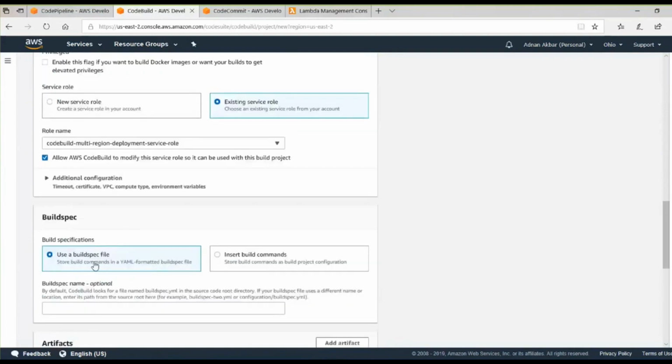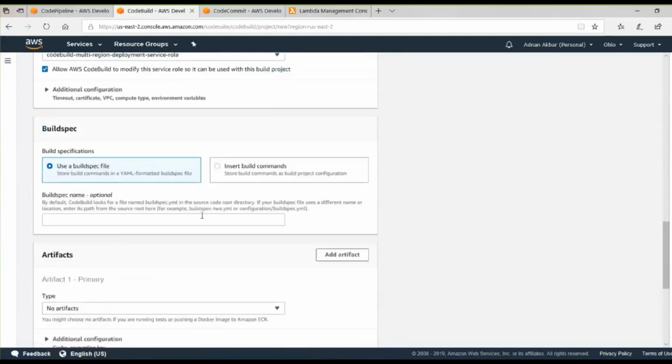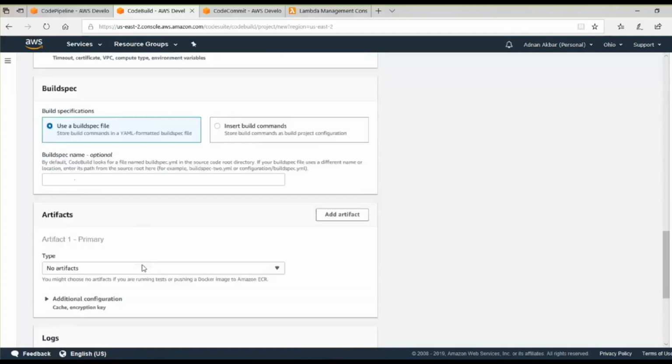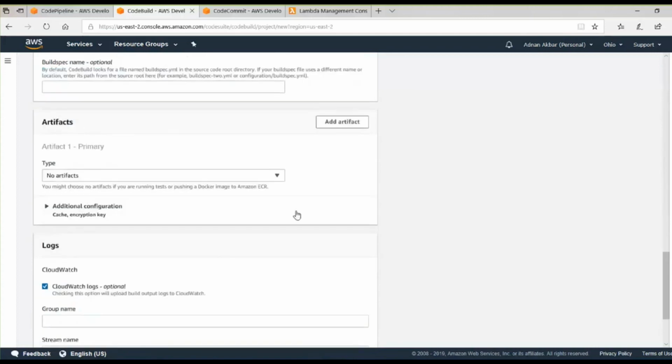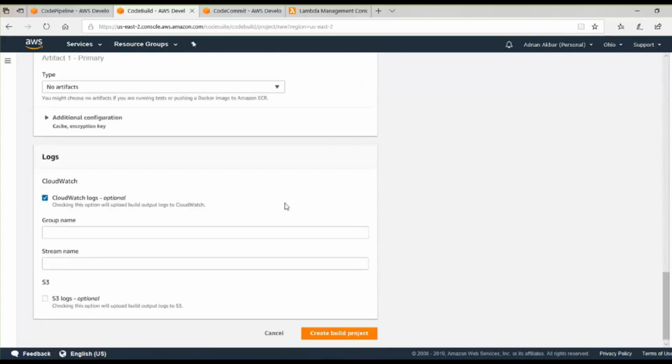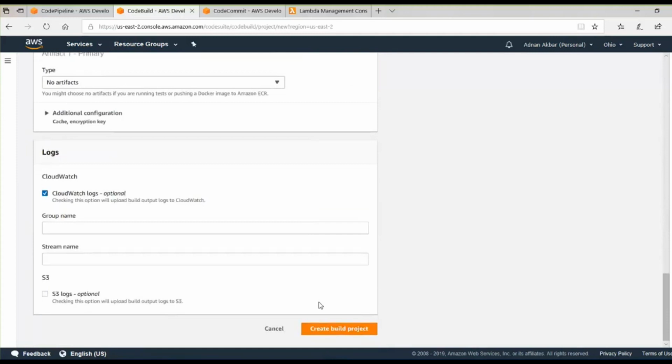And so this is the build spec file that it wants. If it's named differently, then you've got to put it in there. Otherwise, just use the same build spec. Artifacts. I don't need artifacts for this example, but if you wanted to run this code build project and deploy artifacts into an S3 bucket separately, then you can configure this section. But we just want this to build the code for us. So if I create the build project,